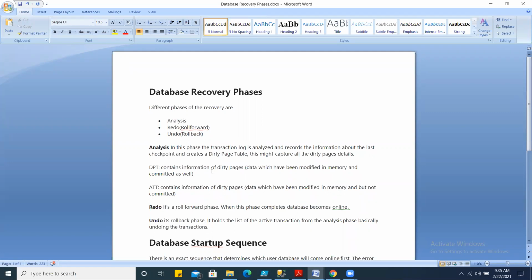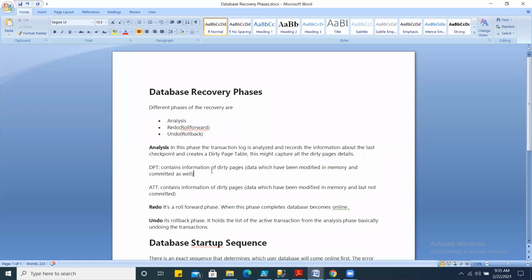What happens actually when your database engine crashes, right? Or when you restart your database engine deliberately, manually? In that case, each of the databases hosted on SQL Server will have to go through database recovery phases.